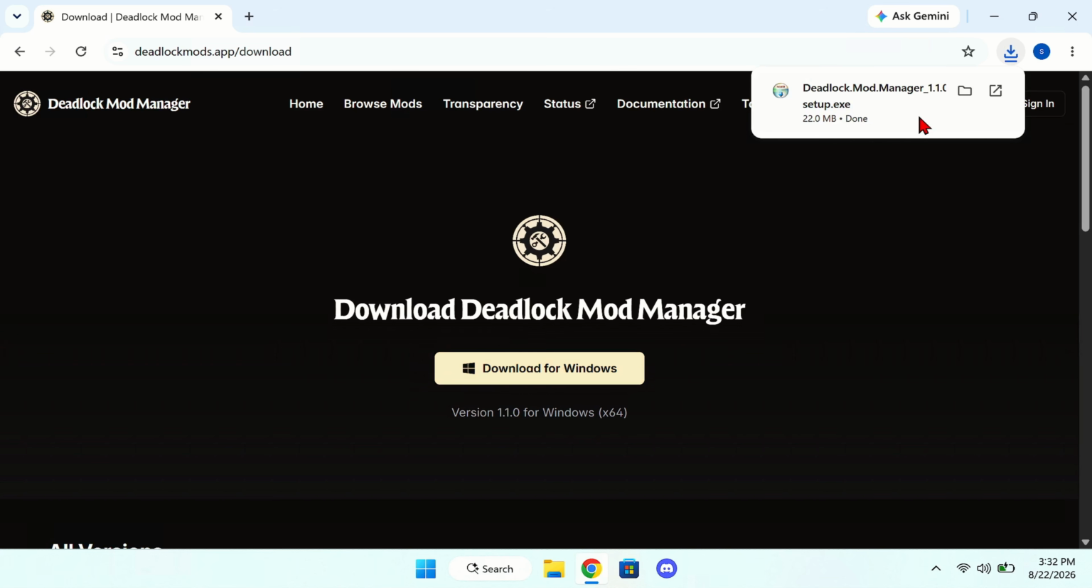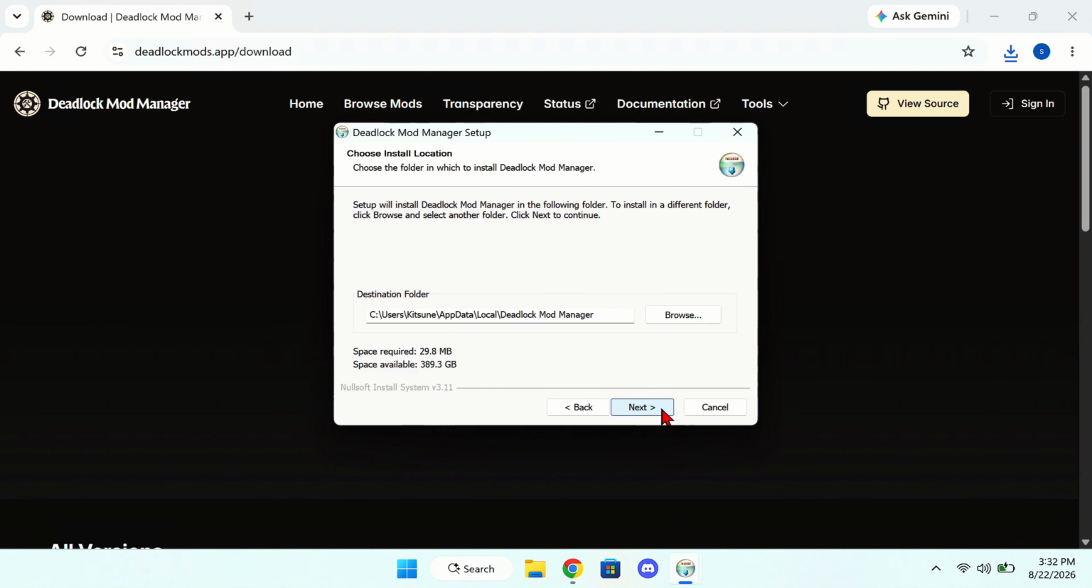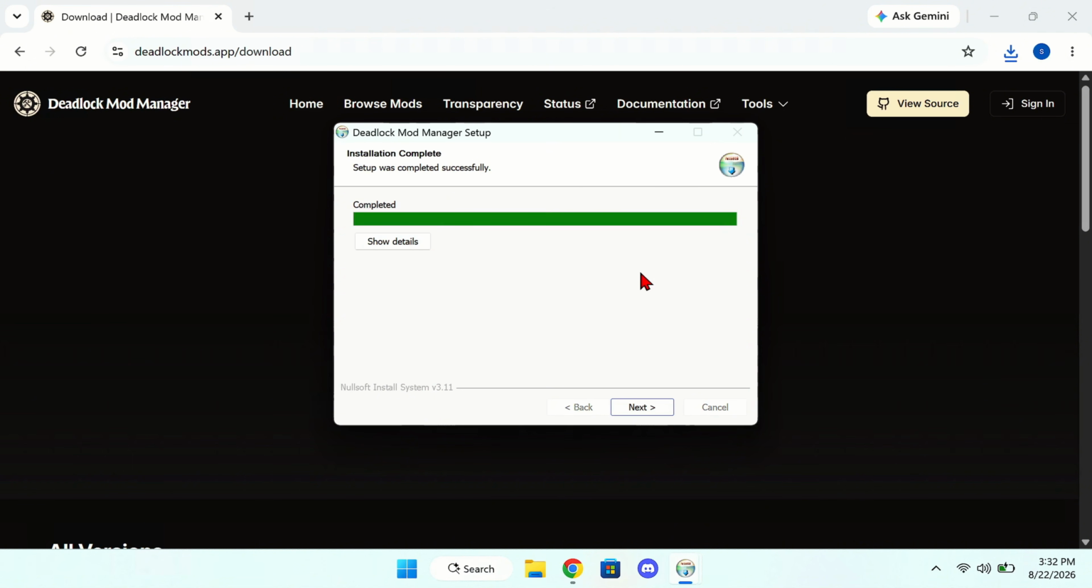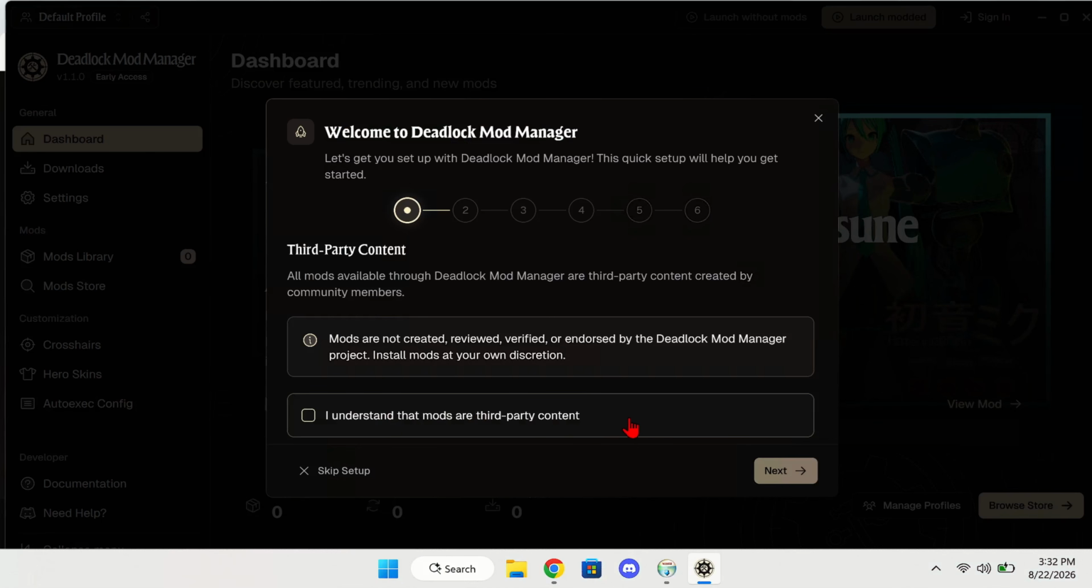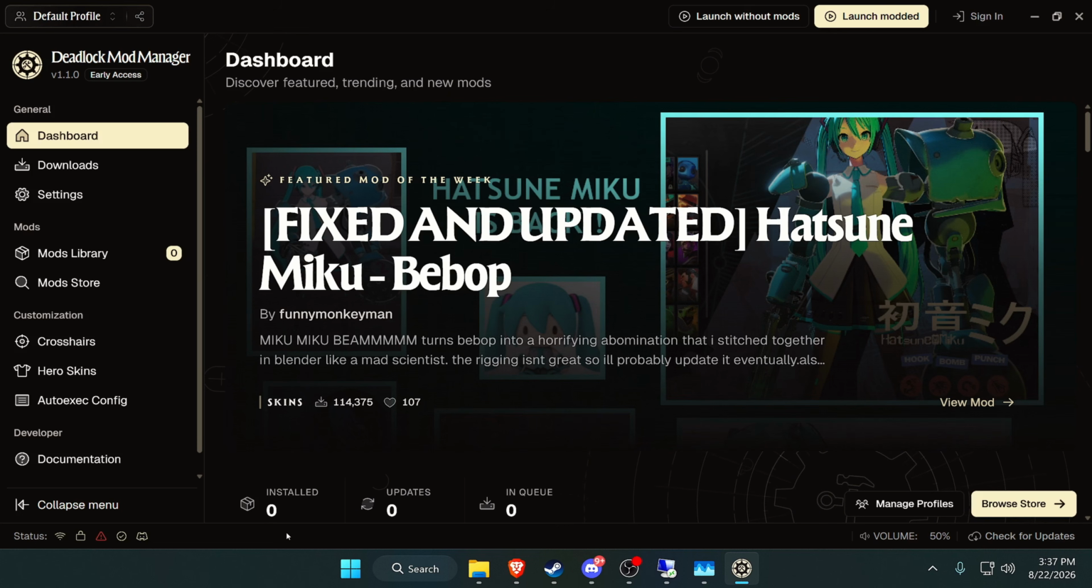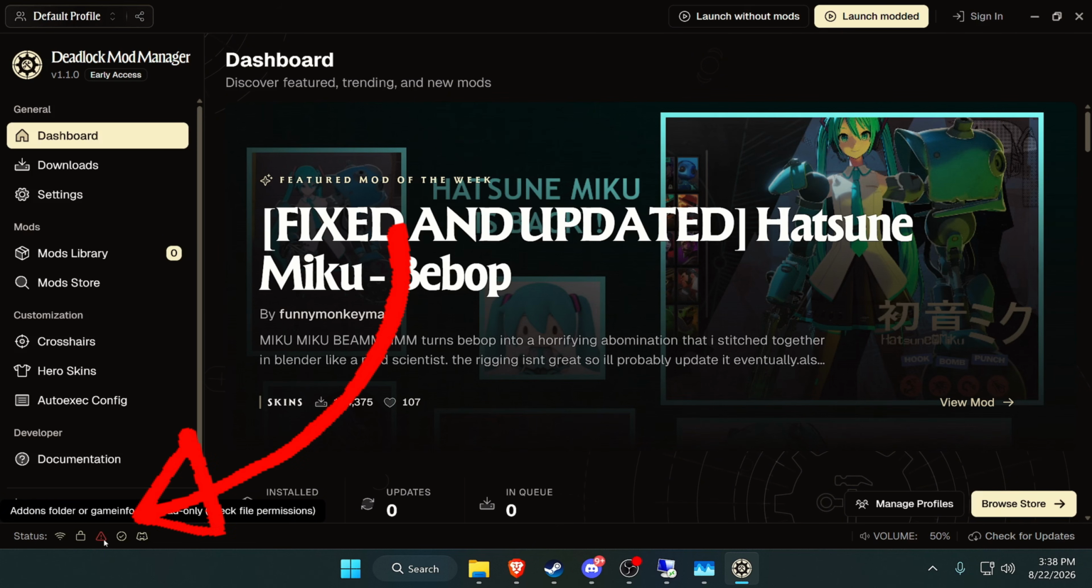Run the installer, click Next, Next, let it finish downloading, select Finish, check the box for I understand the mods are third-party content, Next. After it starts up, if you get the error the addons folder or gameinfo.gi is read-only,